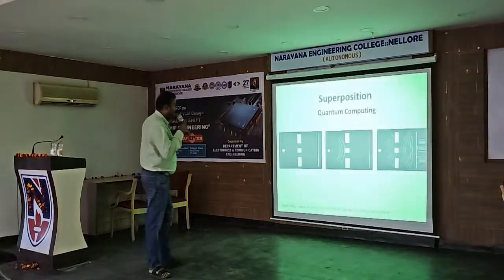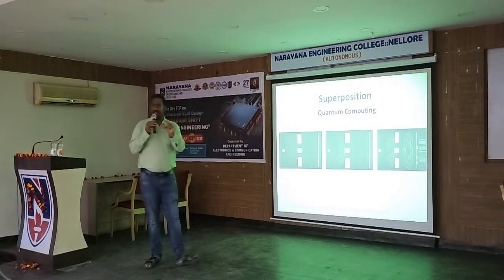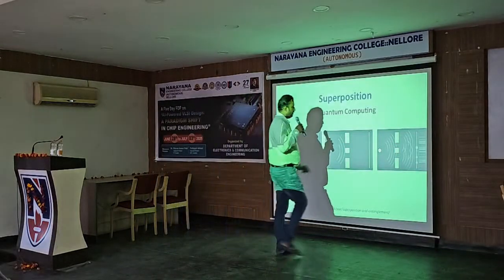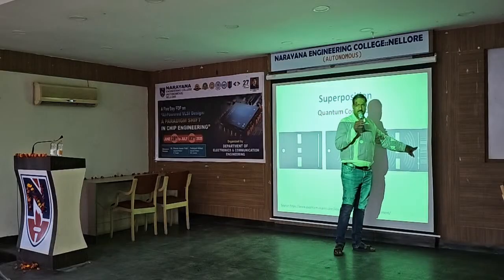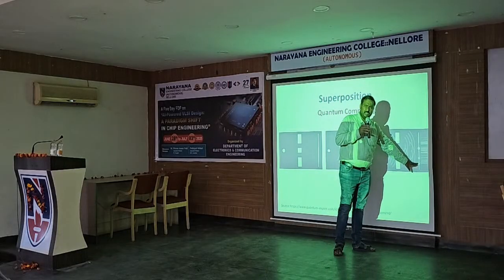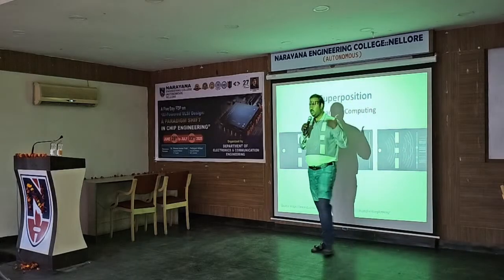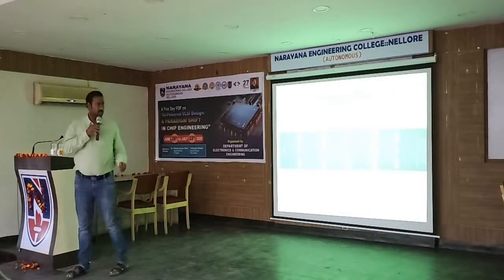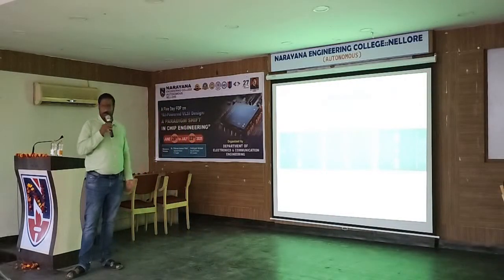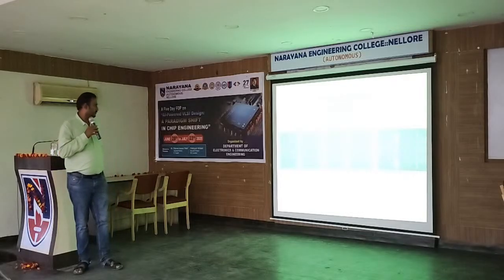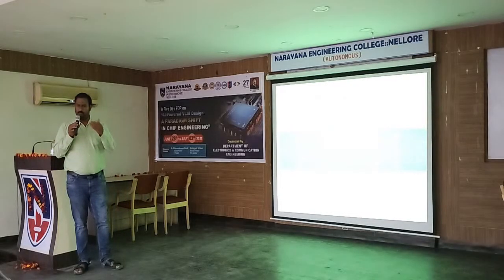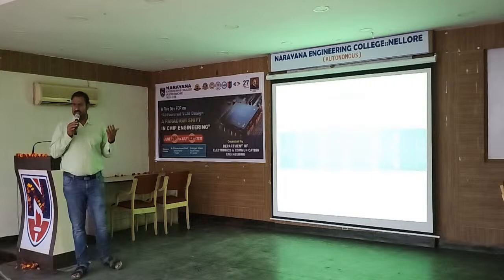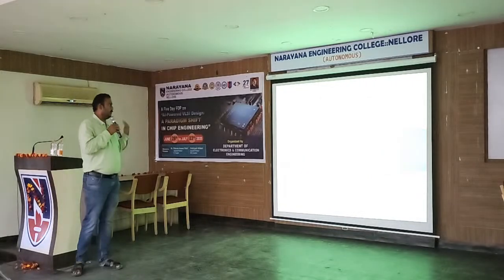So how do you measure it? Using superposition, you will only get a measurement of it. What is the probability of the electron being here, and what is the probability of the electron being there? If you measure, you will get different probabilities. This is one of the things about quantum. And you need to know good basics of physics, classical physics followed by quantum physics. Then you will do very well in quantum.